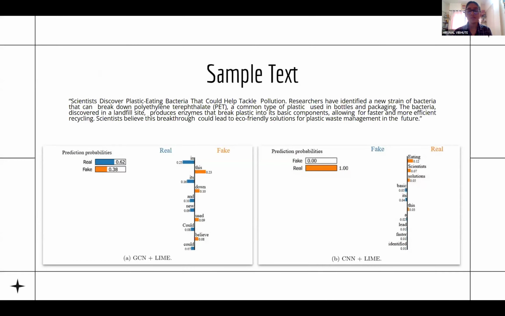So for instance, after training the models, we gave this news, which is a real news, to the different models, the graph convolutional network and convolutional neural networks. These pasted outputs are after we give the sample text to the LIME interpreter. And then we see that in the graph convolutional neural network